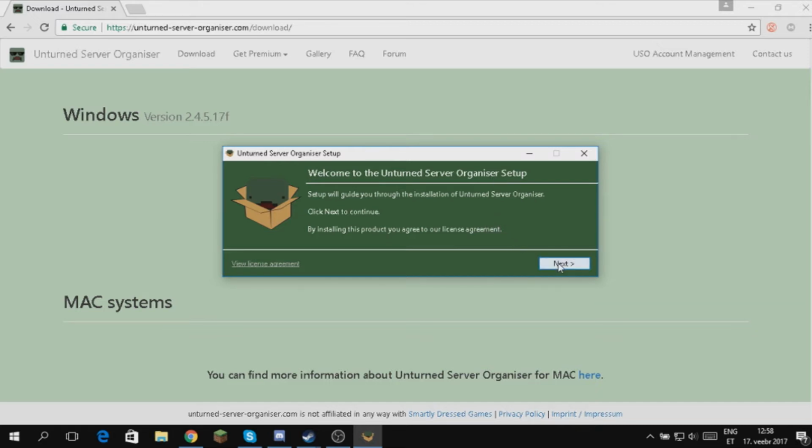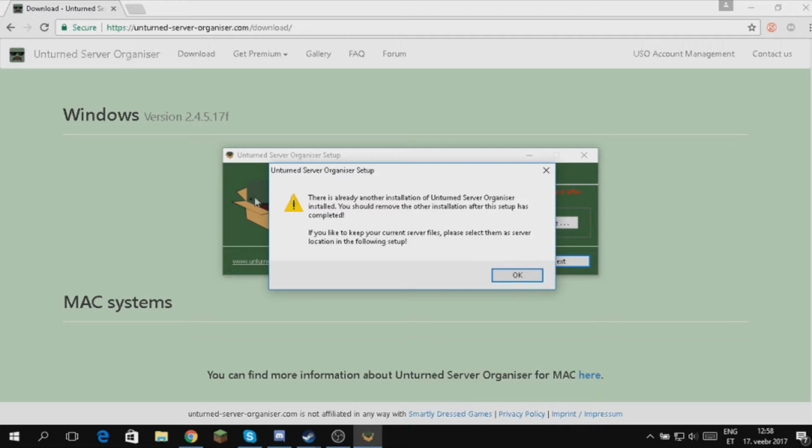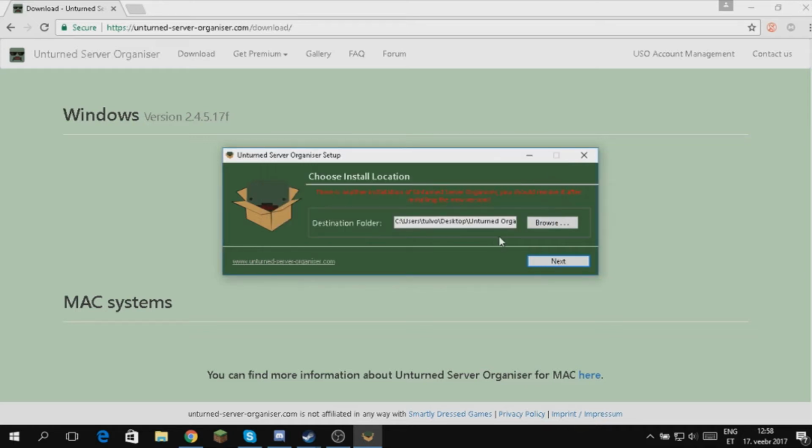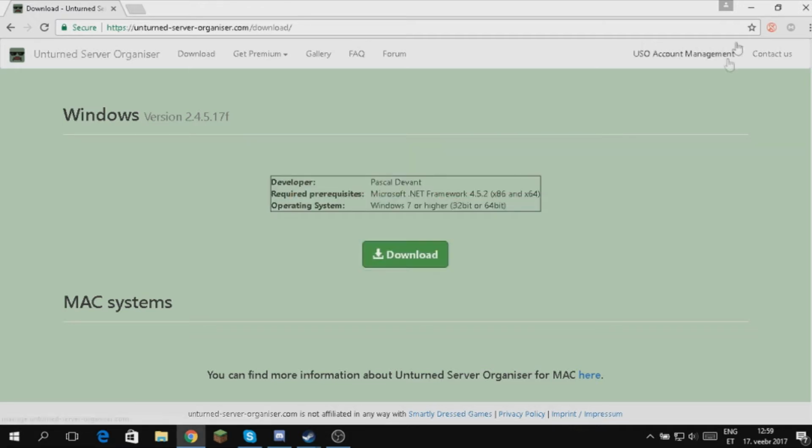You're gonna click next. It's gonna show me this because I have it already downloaded. So I'm gonna just close it. You can put where you want files to go and then you can download it, but I'm not gonna download it because I have it already, so I'm gonna close it.